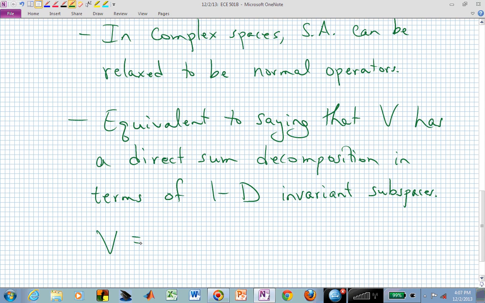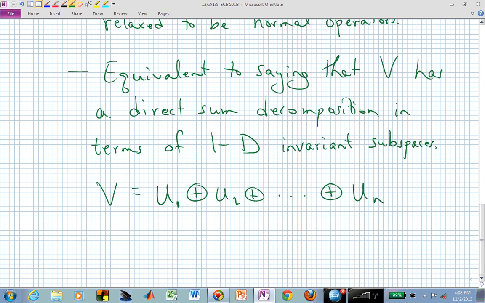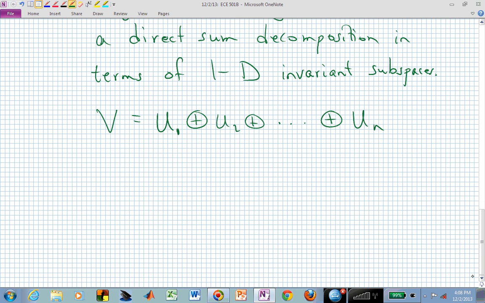Or we could say V is now U sub 1, let's say that's the vector associated with lambda 1, one of the eigenvalues, plus, in this direct summation property, U sub 2 plus all the way down to U sub n. And those capital U's in this case are one-dimensional. Later, we might generalize those U's to be bigger in size or in dimension. But here we have V being made up of n, little n, one-dimensional invariant subspaces,